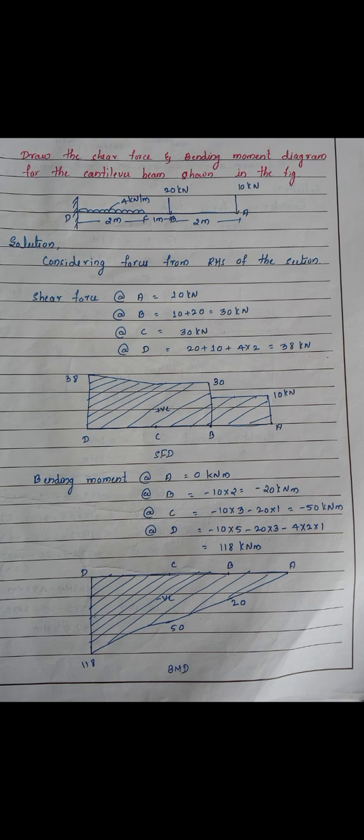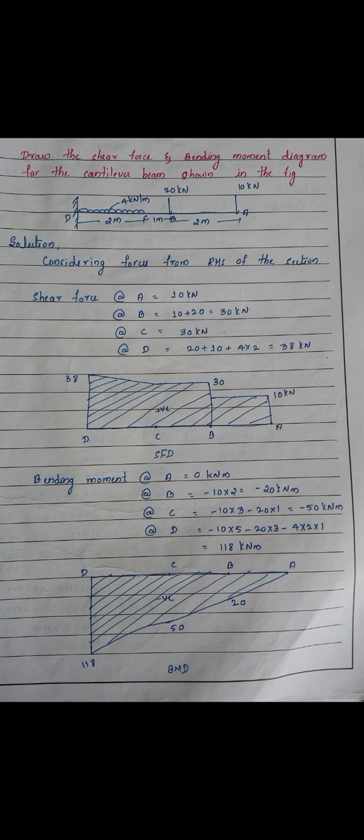In the same way, when we consider the bending moment at C, there will be two loads from the right hand side, that is 20 kilonewton and 10 kilonewton. At C, the 10 kilonewton has a perpendicular distance of 3, that is from C to A the perpendicular distance is 3. In the same way the 20 kilonewton has a perpendicular distance of 1, and both these loads are creating moment in the same direction, so we take it as minus 10 into 3 minus 20 into 1, which is equal to minus 50 kilonewton meter.